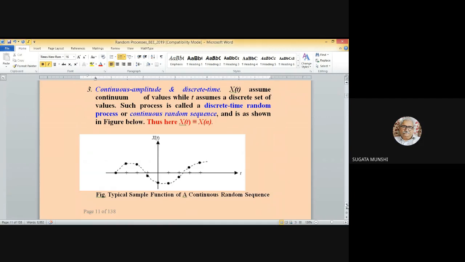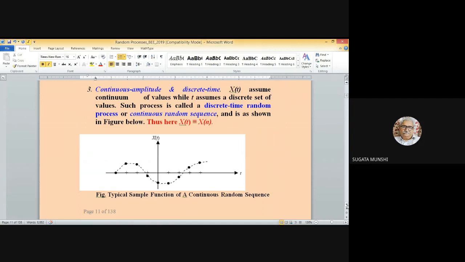The type of discrete time signals that have been considered in your digital signal processing course are of this variety. Whereas, if you want to represent a digital signal, say the output of an ADC, in the truest sense, that will be given by this class number 4, the next one,